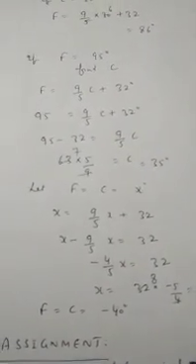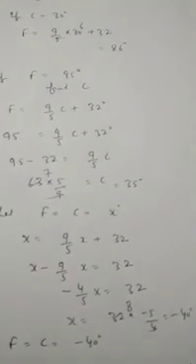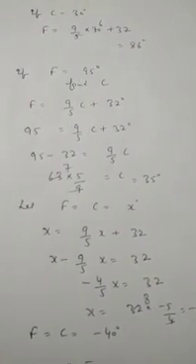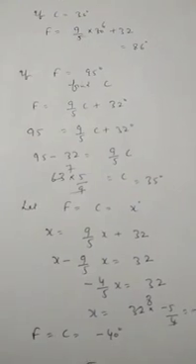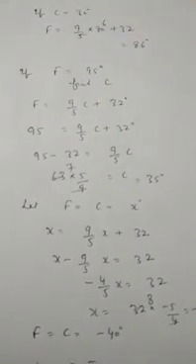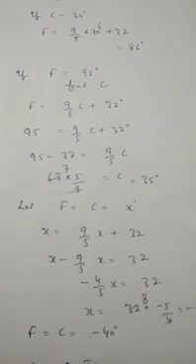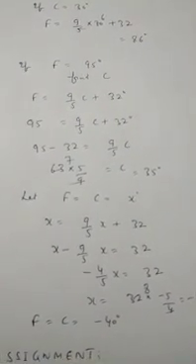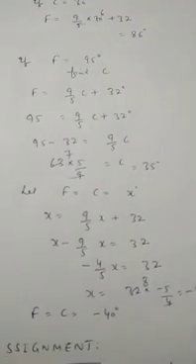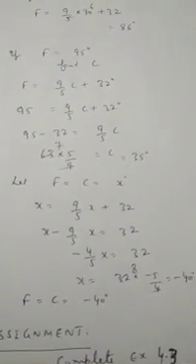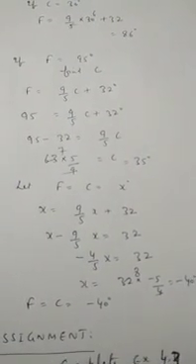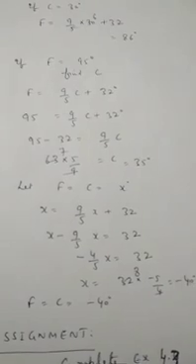Next part, is there any temperature when F and C are both equal? Let me suppose F and C as X. Replace F and C by X in the equation. We will get X is equal to 9/5 X plus 32. After simplification, minus 4/5 X is equal to 32 and X is equal to minus 40. So at minus 40 degrees, F and C are both equal.